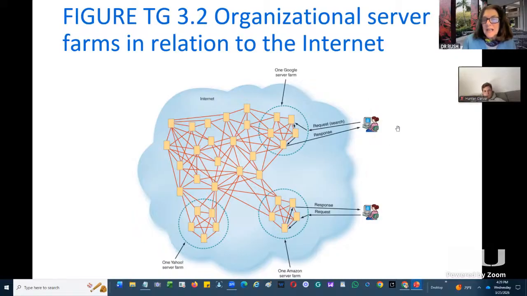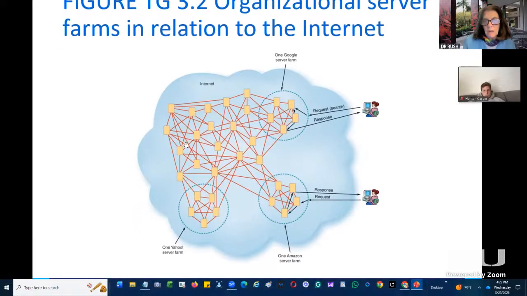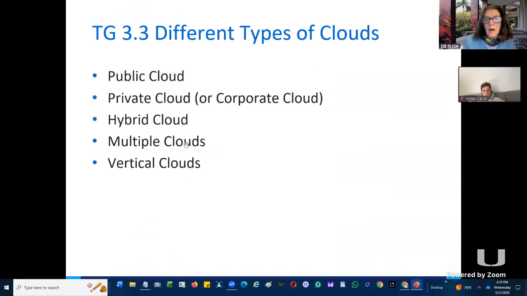So then you can have a bunch of people gaining access through these farms, and Google has a farm that we can then rent from. We can rent from Amazon. We can rent from Microsoft. And guess what? Maybe if we want to be secure, we'll do part of our work from Google and part of our work from Amazon, because if Google has issues, then Amazon probably will not as well. So that is where I'm going.